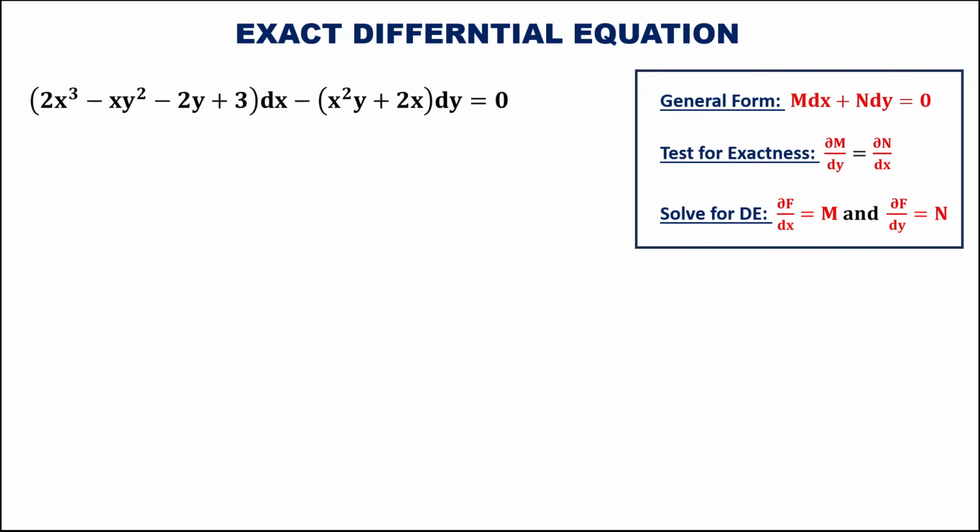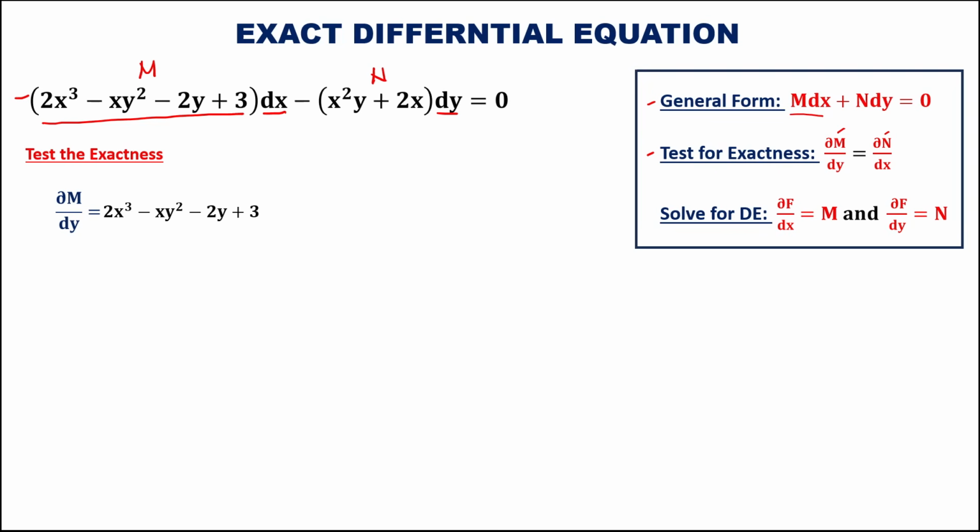So for this problem, to find the exact differential equation, take note that this is the general form, M dx minus N dy. So from this given, this is M and this is N. Then to test for the exactness, take note that the partial derivative for M must be equal to the partial derivative for N. So to find the partial derivative for M over dy, since this is M,